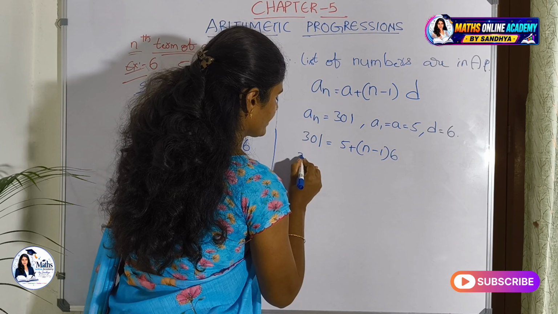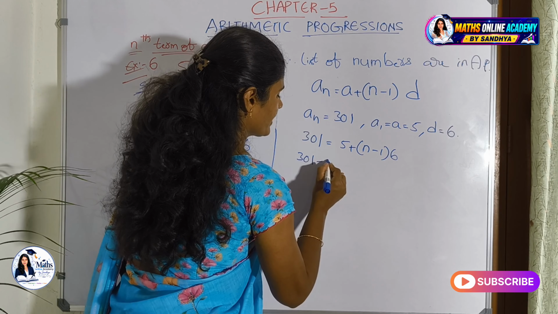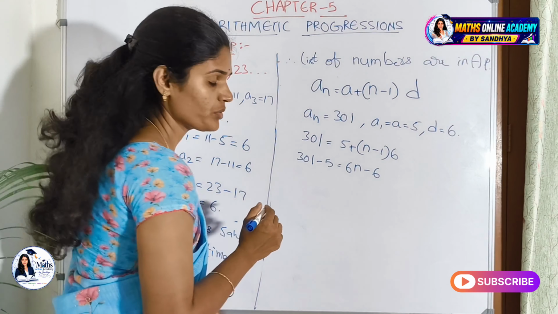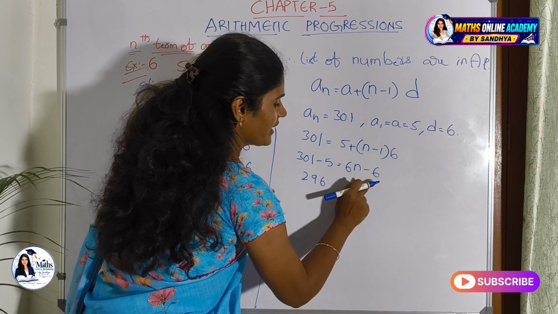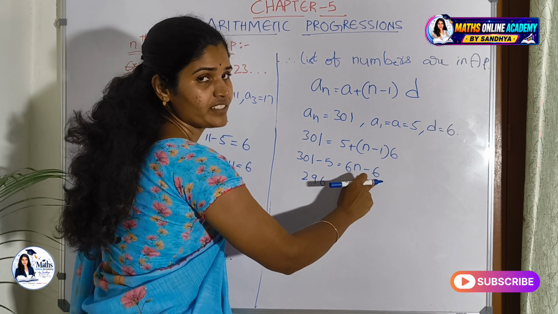Take the 5 across: 301 minus 5 equal to 6n minus 6. So you get 296 equals 6n minus 6. Now take the minus 6 to this side as plus 6. So you get 302 equal to 6n. N equal to